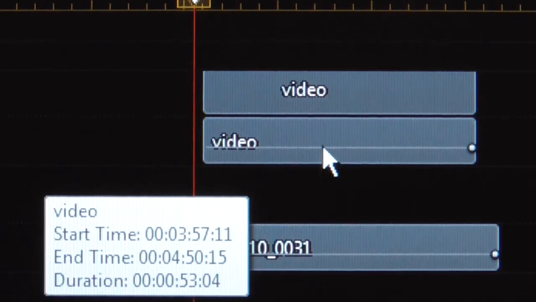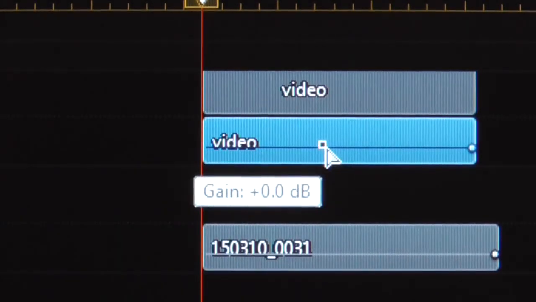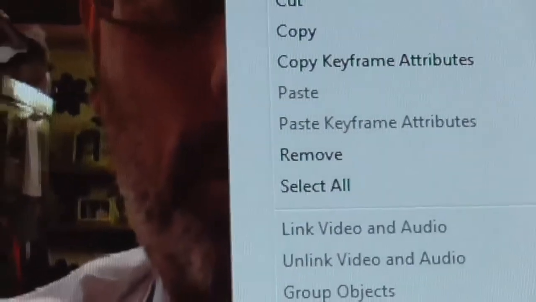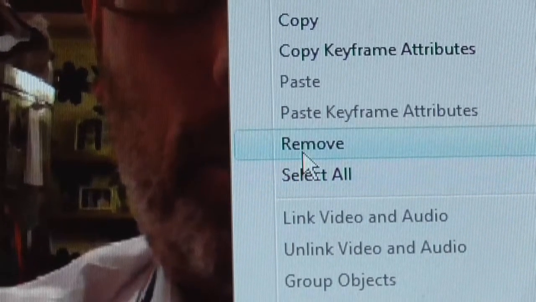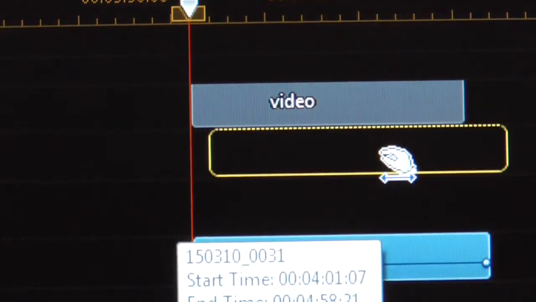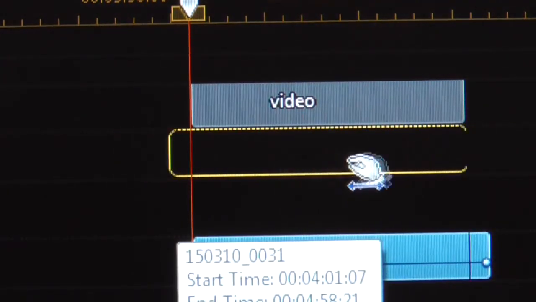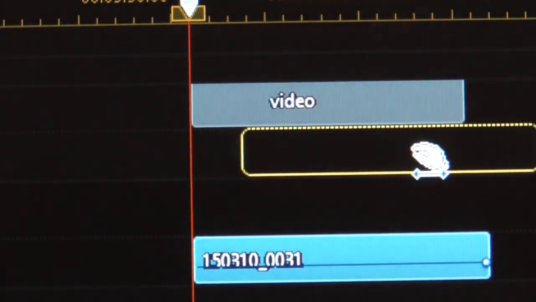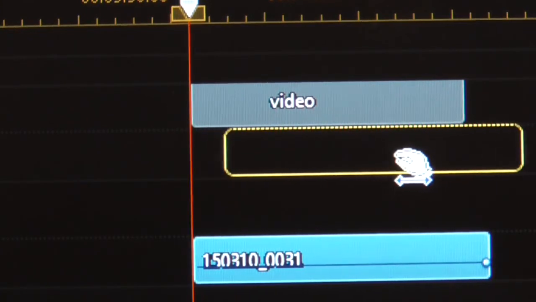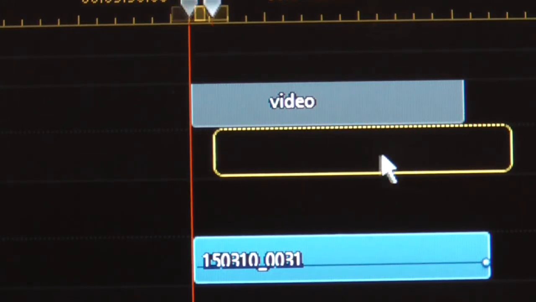Because these are now two separate files, you can select the audio from the camcorder and then tell that to be removed, and as you can see, it's now removed it. And then it's just a simple case of selecting your dictaphone file. You can move it up so it's beside the video, and this software has a thing where if you move it near to the video clip,